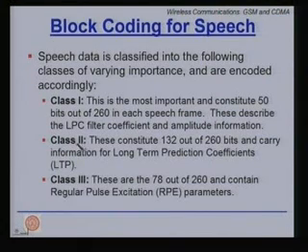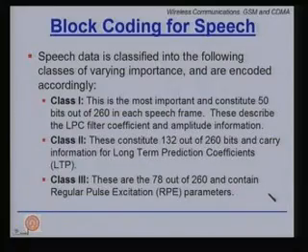Similarly, class 2 constitutes 132 out of the 260 bits and carries information for long term prediction coefficients, LTP, whereas class 3 has 78 out of the 260 bits and contains regular pulse excited RPE parameters. So, these are some basic types of speech data classification.